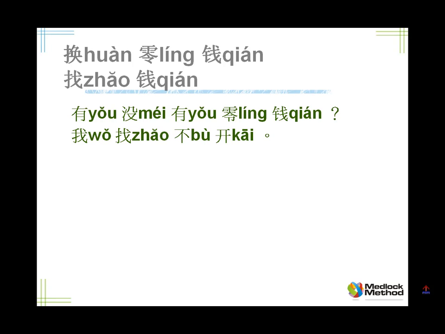You might want to tell the taxi driver, I only have hundreds. How do you say hundreds? 100的. And how do you say only have? 只有. Tell the driver, I only have hundreds. 我只有100的. Now you're in a bit of a bind. He can't change hundreds and you only have hundreds. What would you do? I probably ask someone on the street.